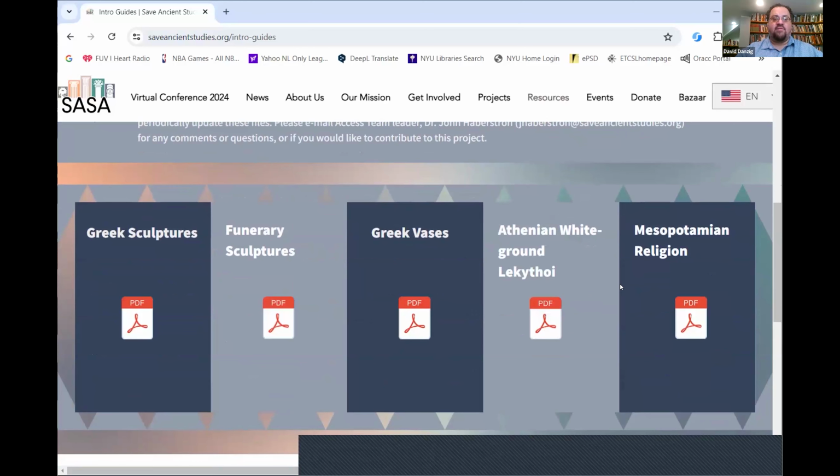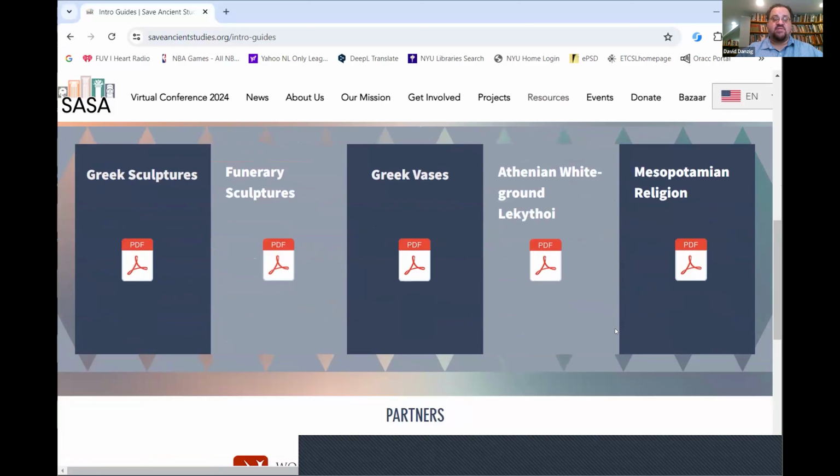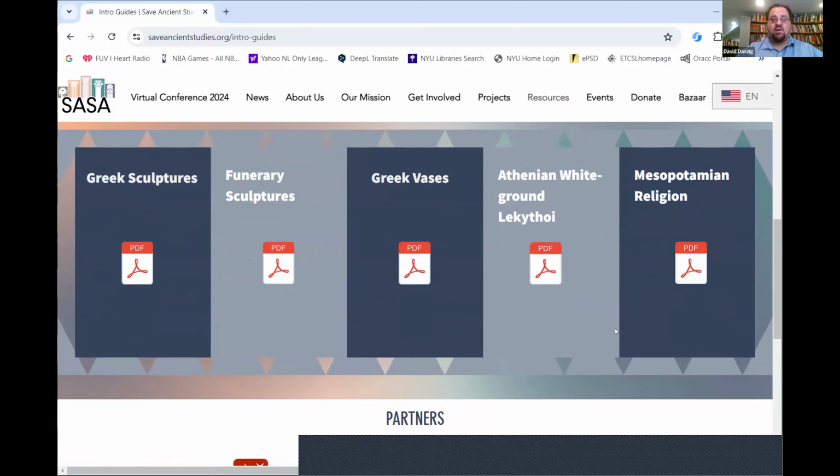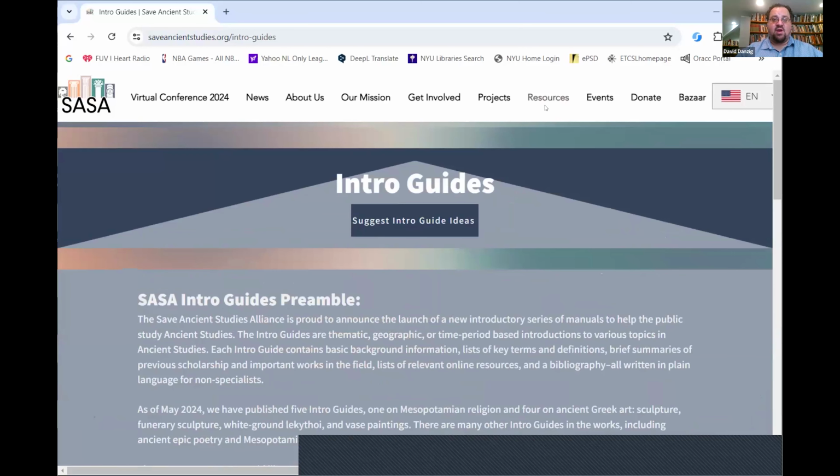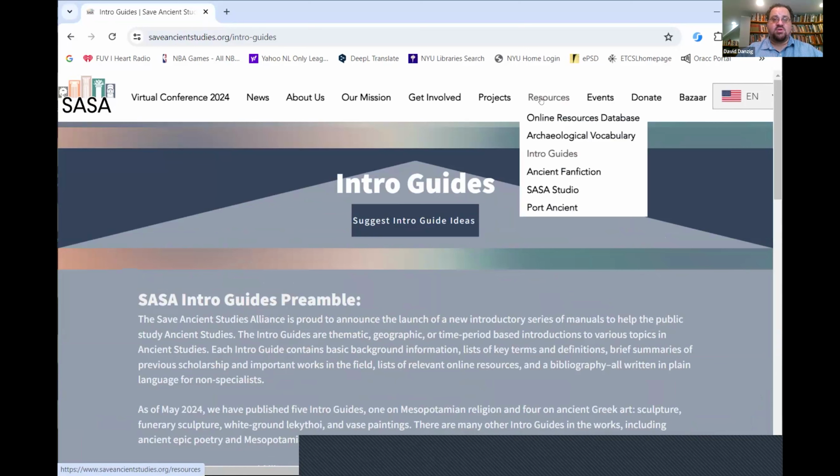They give you an overview of the topic and listings of the bibliography of the major works and tools, bibliographic tools and textual tools, grammars, vocabularies, dictionaries, things like that. So you can start doing self-study on your own. I really recommend you take a look at what we have here, and we're working on making more of those.